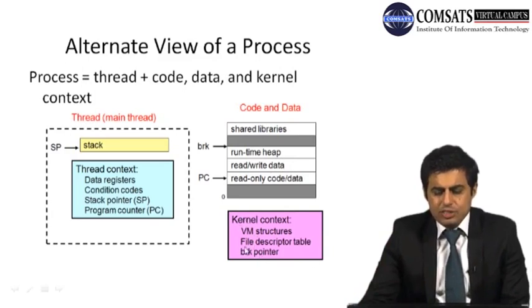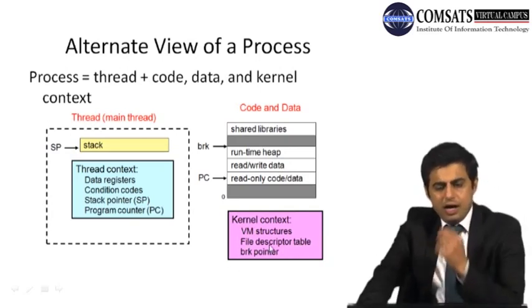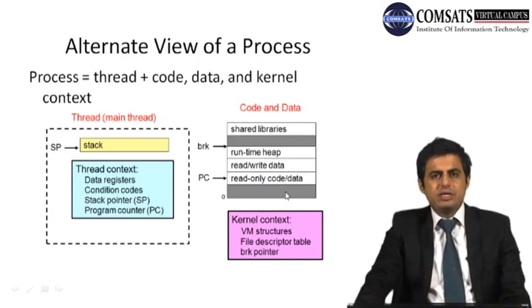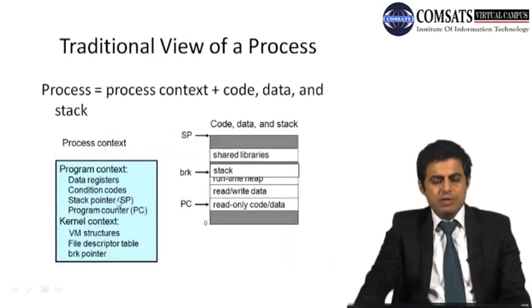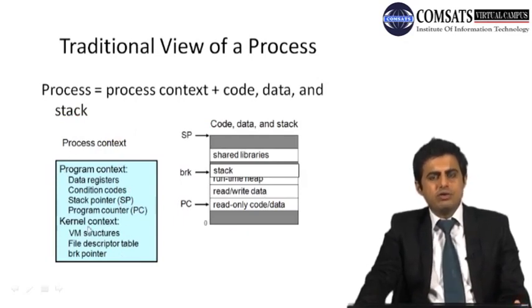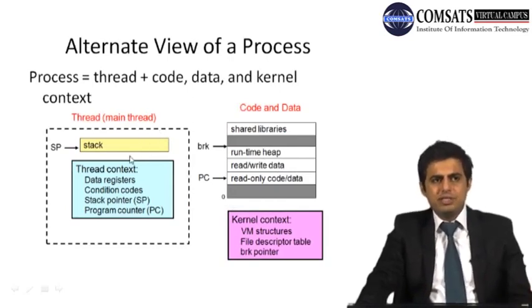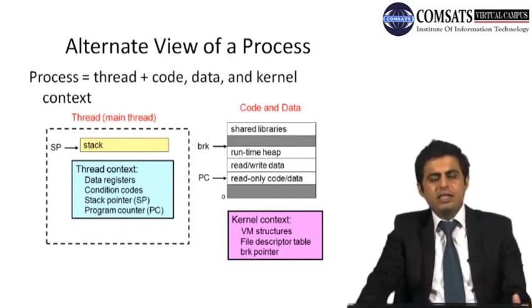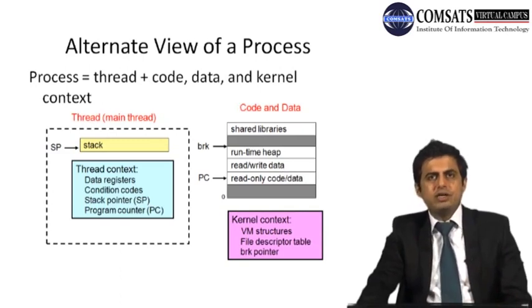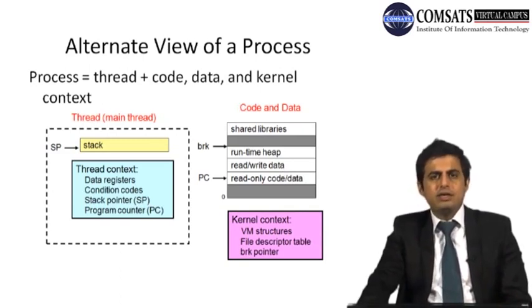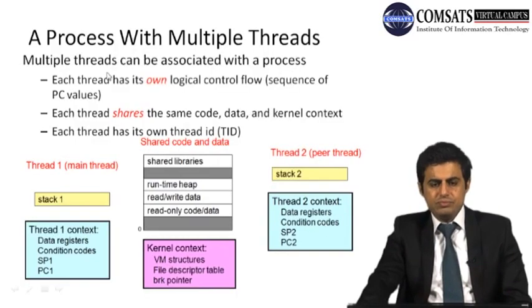سو کرنل کے اندر ایک اور چیزیں بھی ہوتی ہیں، فائل ڈسکرپٹر ٹیبل ہوتا ہے اور بی آر کے پوائنٹر ہوتا ہے۔ تو اب آپ اس ویو کو اگر دیکھیں جس کے اندر تھریڈز ہیں تو اس کے اندر کیا ہو گیا، اگر آپ ان دونوں کو کمپیئر کریں تو پروسیس کانٹیکسٹ میں صرف ایک ہی کانٹیکسٹ ہے اور اسی کے اندر کرنل کانٹیکسٹ بھی ہے، اور کوڈ ڈیٹا اور اسٹیک جو ہے وہ صرف ڈفرینٹ ہے۔ لیکن جب آپ کے پاس تھریڈز ہیں تو you can have multiple threads and multiple threads can have their own resources like this and then they can have اسی طرح آپ کا ایک شیئرڈ ڈیٹا کا الگ سے پورشن ہوگا اور کرنل ڈیٹا کا الگ سے پورشن ہوگا۔